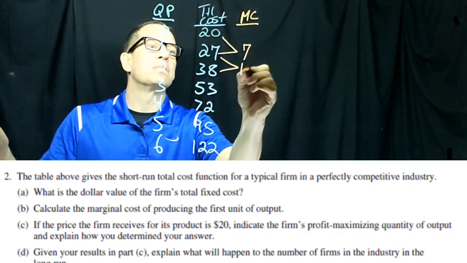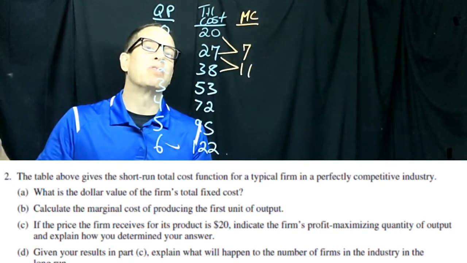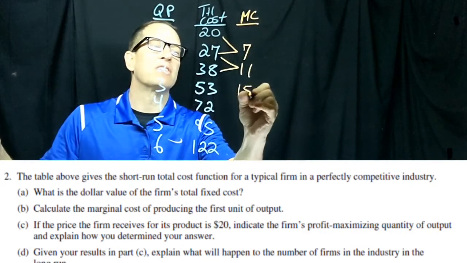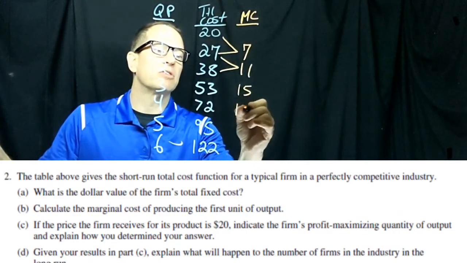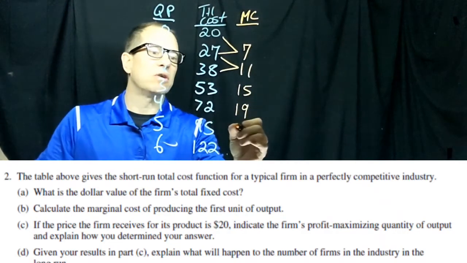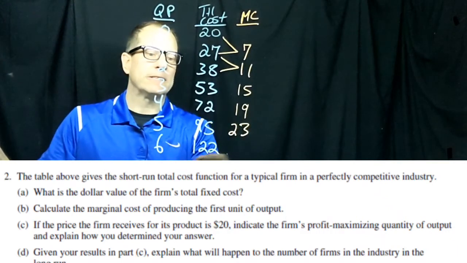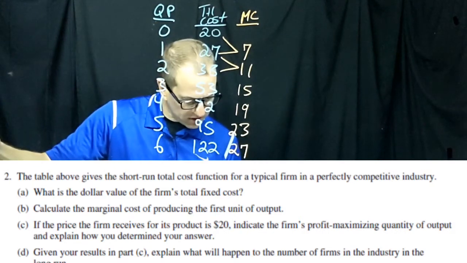Then it's going to increase by 11 when we produce 2. When we have an output of 3, that's going to increase up to $15 for that marginal cost. The 4th unit is going to incur a marginal cost of 19. The 5th unit is going to incur a marginal cost of 23. And that 6th unit is going to incur a marginal cost of